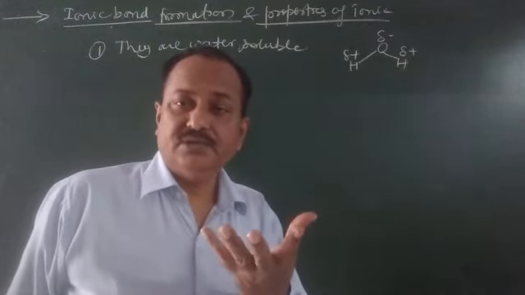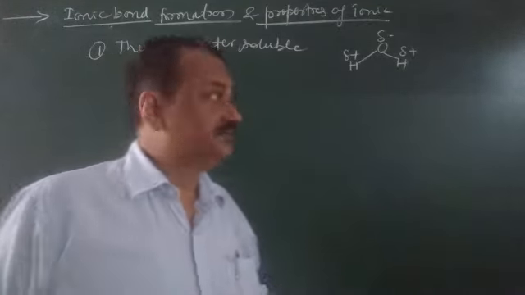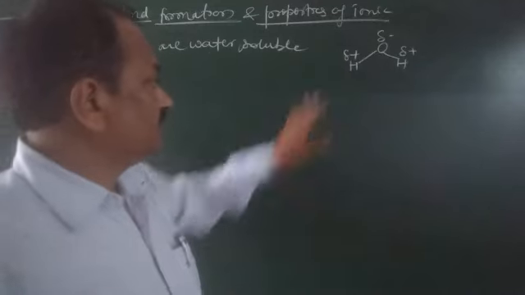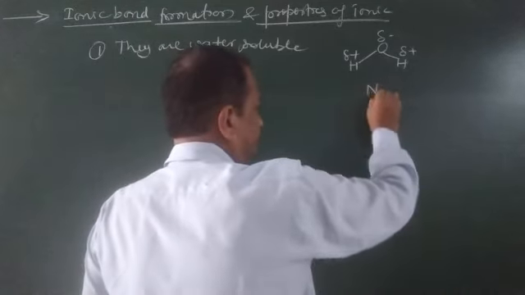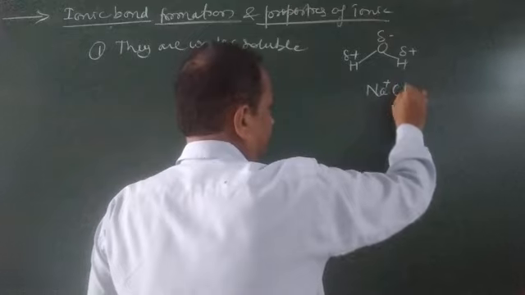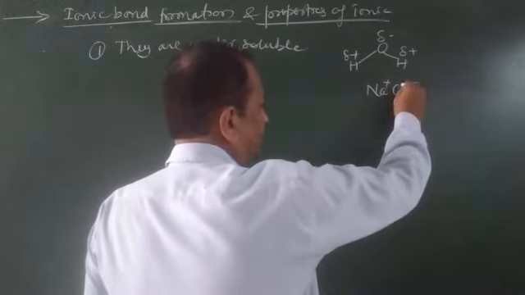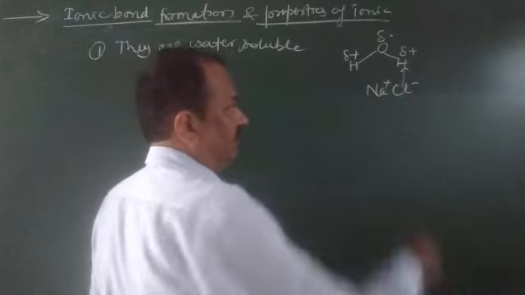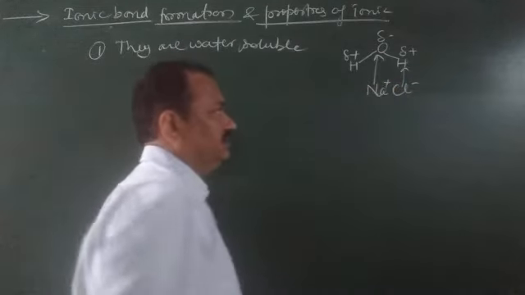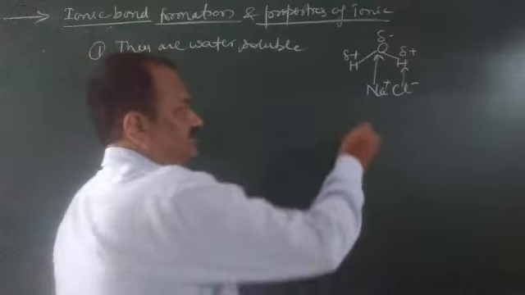Polar means poles, opposite charges, positive and negative charge. So the sodium ion here has a positive charge and the chloride ion a negative charge. So what happens? The chloride ions are attracted by the hydrogen, and the sodium ions are attracted by the oxygen. As a result, this